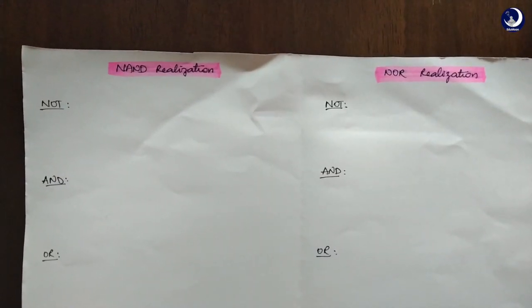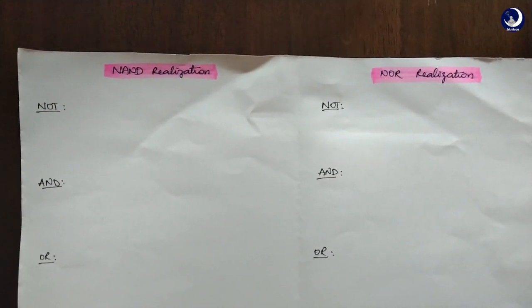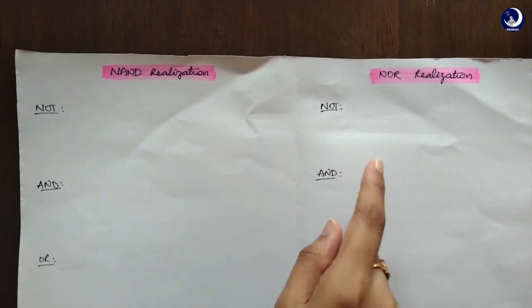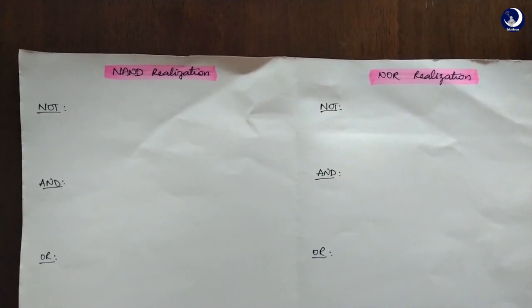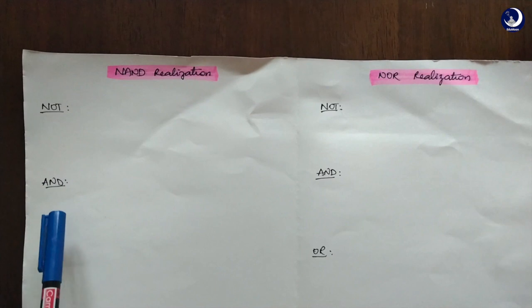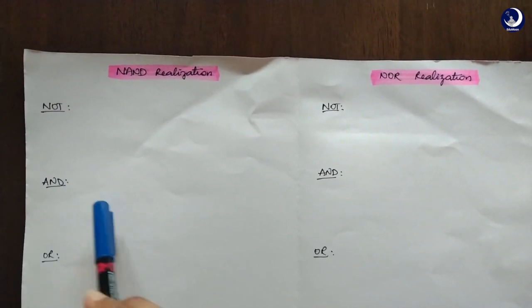At first, let's look at why NAND and NOR are called universal gates. Because with the help of only these two gates, we can write the logical circuits for NOT, AND and OR. Now, why do we require NAND and NOR gates when we already have these kinds of gates?